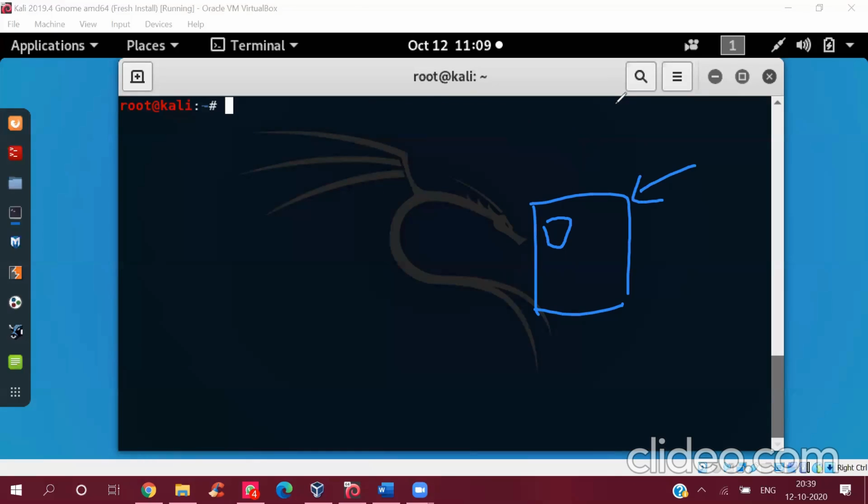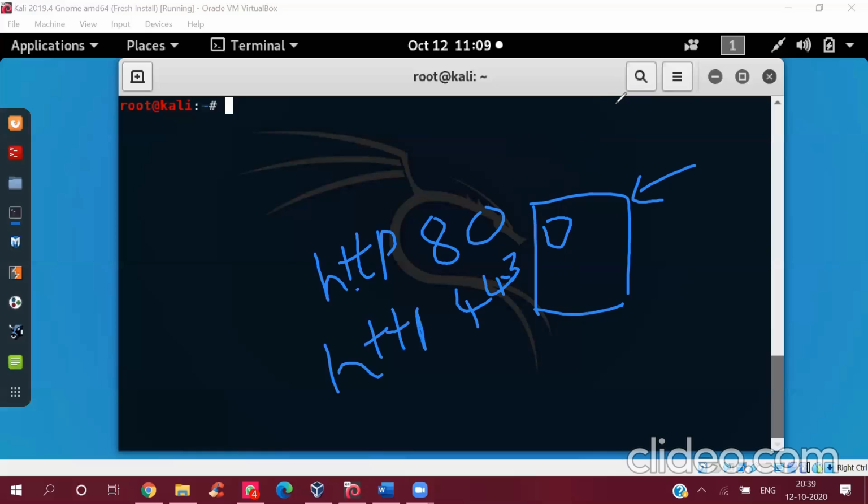So we'll typically look for ports like 80. Port 80 is for HTTP, and port 443 is for HTTPS. These ports will typically be open on any web server that is running a website, because that is how people access them.